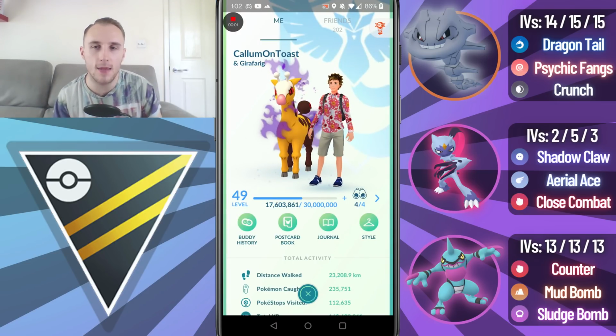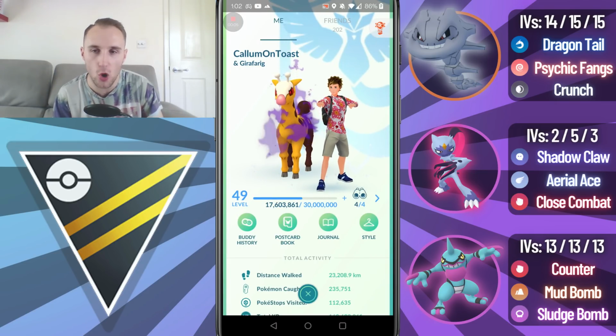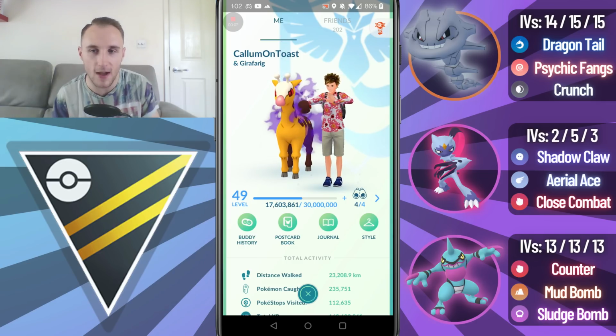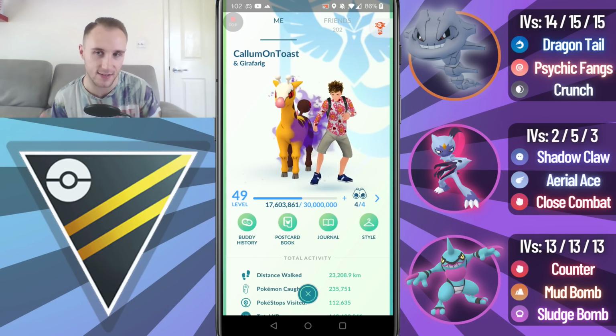What's up everyone, I'm CallumOnToast, and in today's video I'm going to be showcasing some battles in the Open Ultra League, running a double fighting and poison backline with Sneasler as the safe swap and Toxicroak as the closer, and